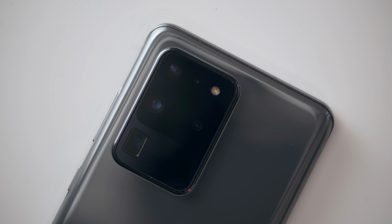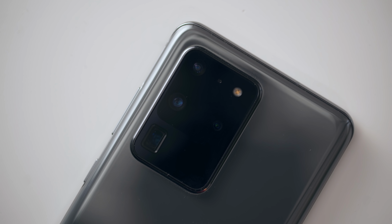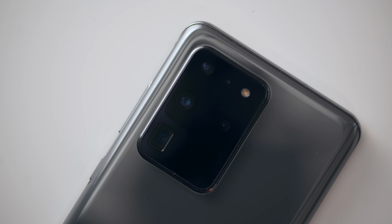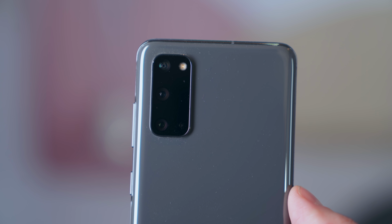Now, here's the bottom line. The S20 Ultra is probably one of the best phones you can buy. If you're a tech enthusiast, you have a lot of money, you're gonna absolutely love this device. However, if you want a flagship smartphone and you still want an S20, I personally feel the S20 offers 98% of the features for the lower price point. It's the one I'd personally go for, even if I had $1 billion